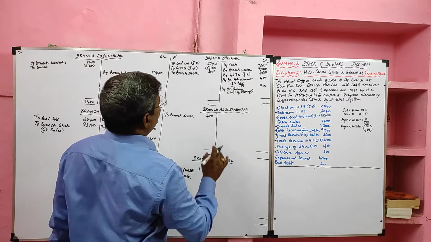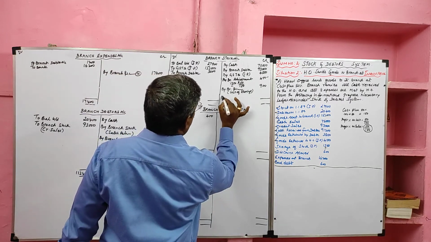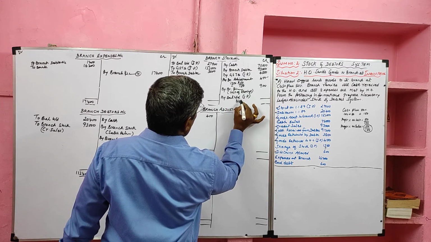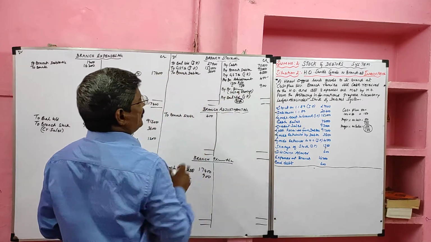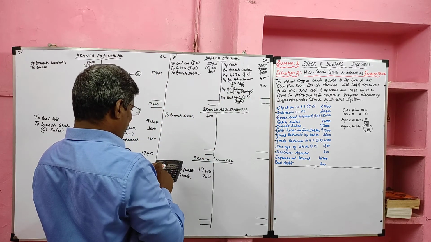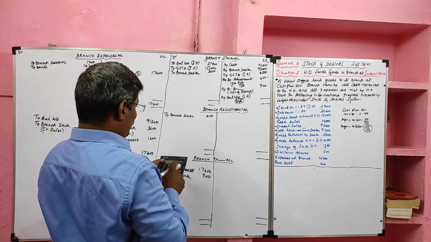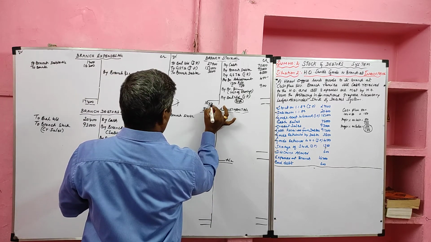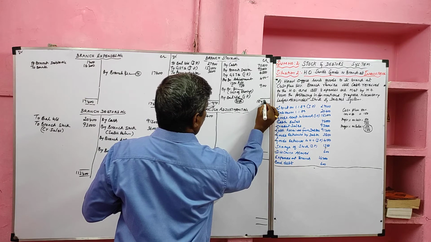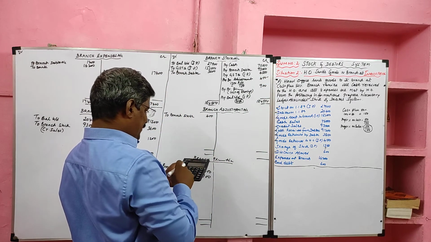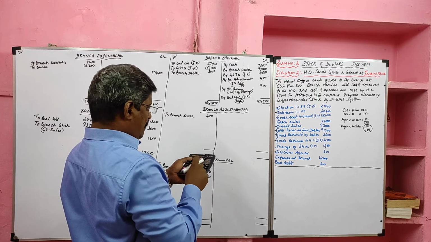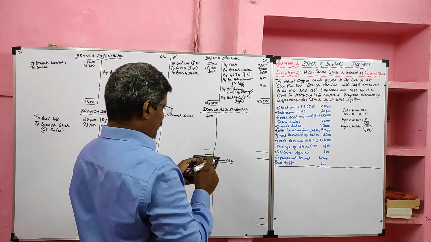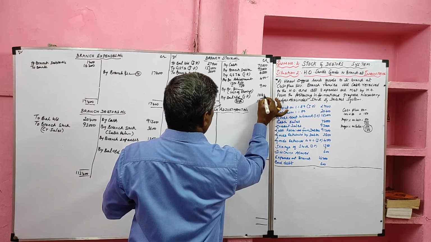So we have taken all information relating to the branch stock account. Here the closing stock is not given, so we are ascertaining the closing stock. It is also given in the invoice price. Definitely the opening debit side total is heavier than the credit side total. Now we will total the debit side: 27,900 plus 1,53,000 plus 3,600. So the debit side total is 1,84,500. We have to deduct the credit values: minus 75,000, minus 93,000, minus 4,500, minus 450, minus 900. So the balance, closing stock value, is 10,650.